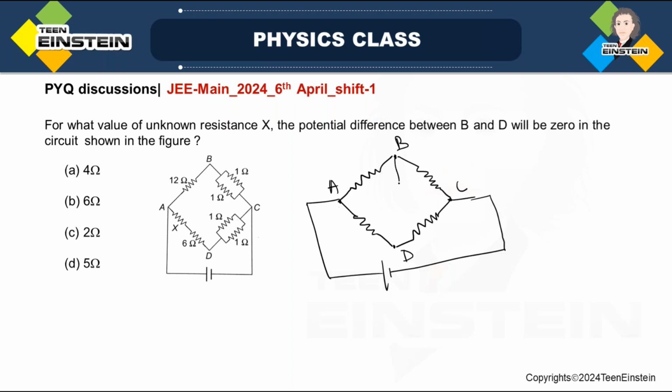Okay, my figure is not that great, that's why it is looking a little odd maybe. And this is the galvanometer. See, when there is no current through this, B to D, if there is no current through the galvanometer, then the bridge is said to be in balance condition. And generally this resistance is named P, this resistance Q, this resistance R,